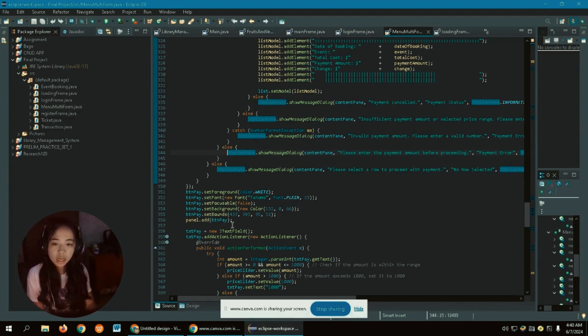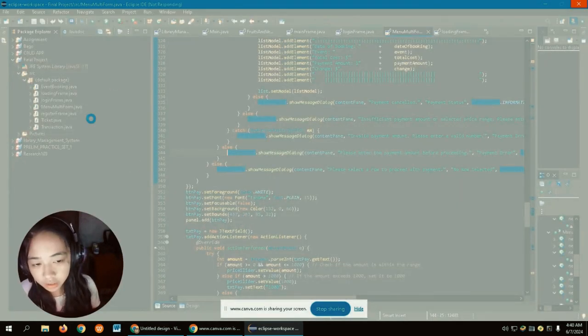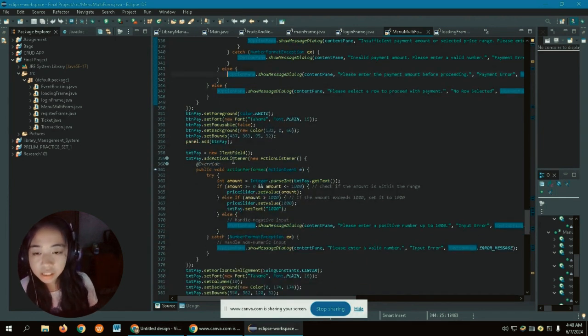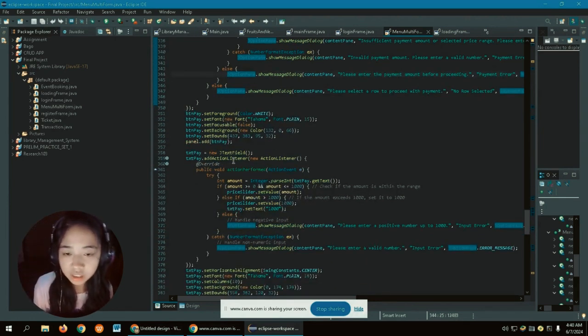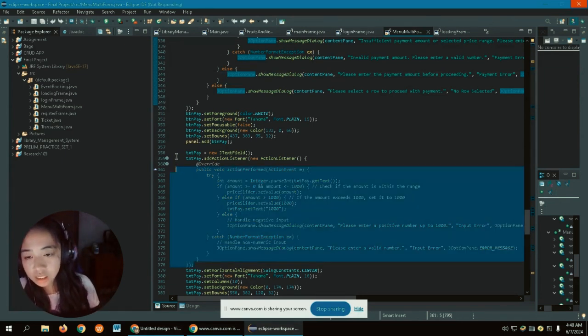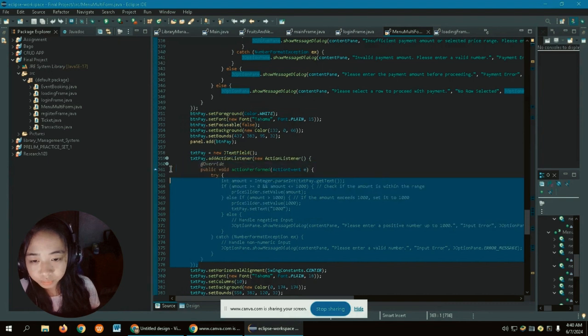And then this button panel is for display or aesthetic purposes only. And then this text pane is a JTextField. So this right here is where the receipt is going to show.